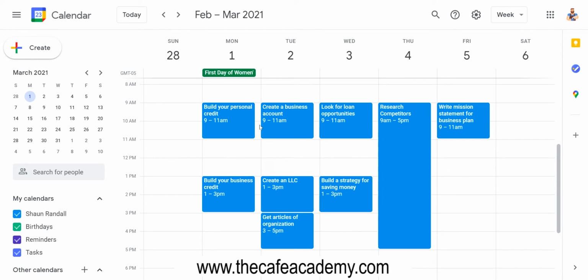And you want to tackle these things in advance. You don't want to wait. You don't want to wait until you need cash to start building your credit. That's the worst position to be in, when you need cash, but you haven't built the credit that would enable you to get the cash if you needed it, you see? So you want to do these things.